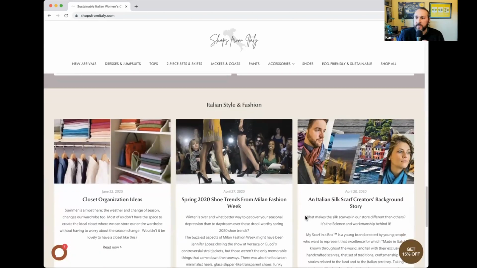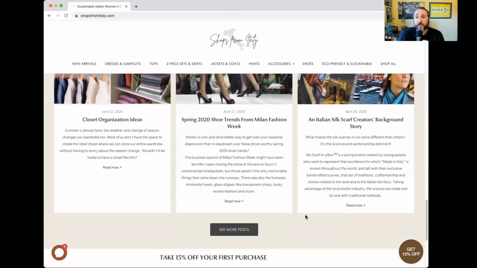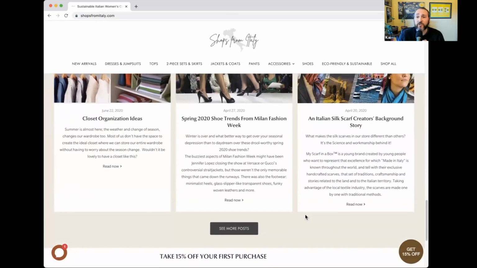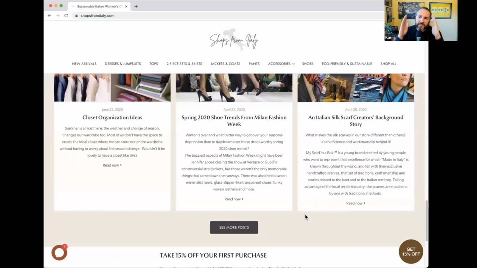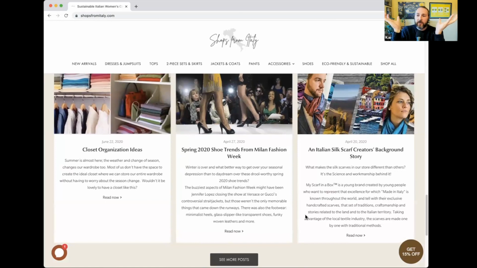I'd almost love to see them niche down further into a collection of designers from Italy. Like, what if they just wear Italian shoes? What if they just wear Italian dresses? It's not as specific as I'd like in a perfect world, but it gets more specific than clothing from Italy or Italian designers to like, we specialize in these imported luxury dresses from Italian designers. It's clearer to me, to Google, to a visitor, like this is what it's about.